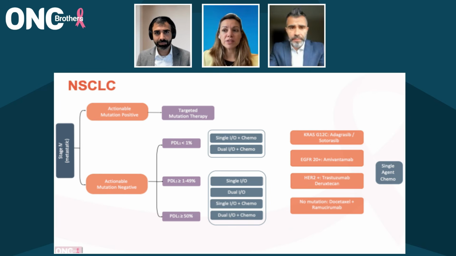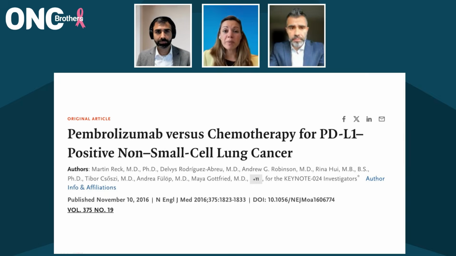So let's start with the easiest one, right? Let's say someone has a high PD-L1, greater than 50% expression. The most common option that we have here is based on KEYNOTE-024, which looked at patients that had high PD-L1 expression, greater than 50%. They enjoyed a benefit with single agent Pembrolizumab over standard of care chemotherapy. So if you're seeing a patient in your clinic that has a high PD-L1 over 50%, Pembrolizumab might be a